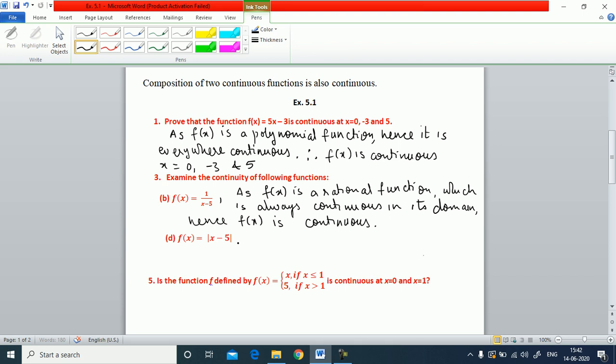Now modulus function, even if you use the definition of modulus and expand it, you will find f(x) comes out to be a polynomial function. And if it is a polynomial function, it is to be continuous. Or you can even write straight away: modulus functions are everywhere continuous because they give us polynomial functions. Okay, as modulus functions are everywhere continuous,